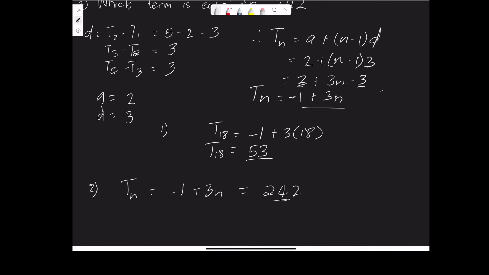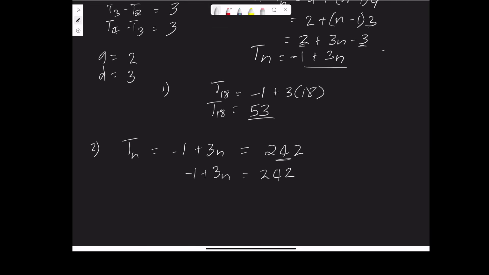Okay, so minus 1 plus 3n. So let's just try and get this guy to the other side. So this is minus 1 plus 3n is equal to 242. I'm just trying to write it more neatly so that you can see it. So now I'm going to take the minus 1 to the other side. Of course, it changes sign when it goes to the other side. So we are going to have 3n left only on the left-hand side, and then the minus 1 becomes a plus 1. And so we've got